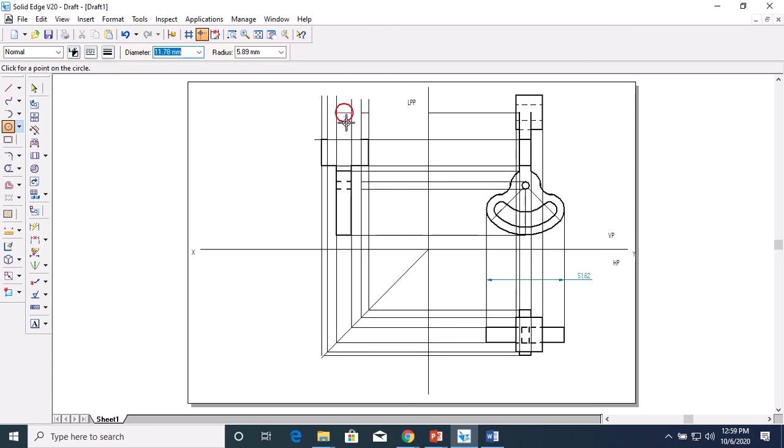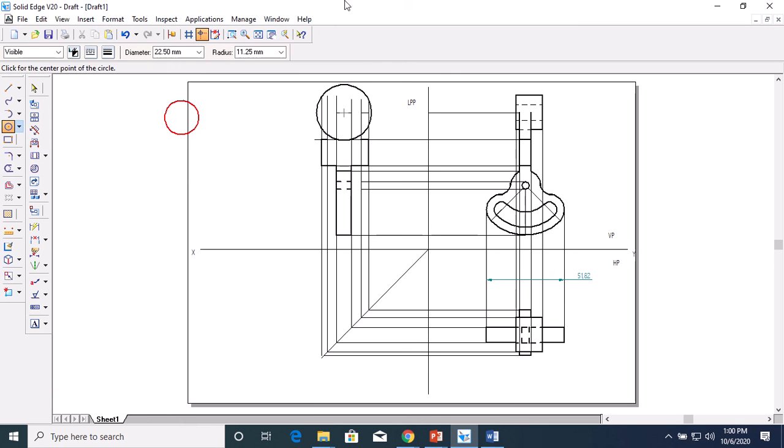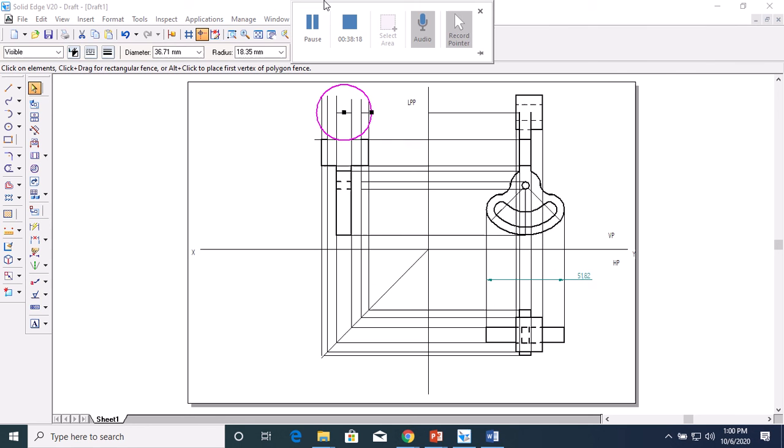A circle of 22.5 diameter with visible line only you have to draw. You have to draw a circle of 22.5.